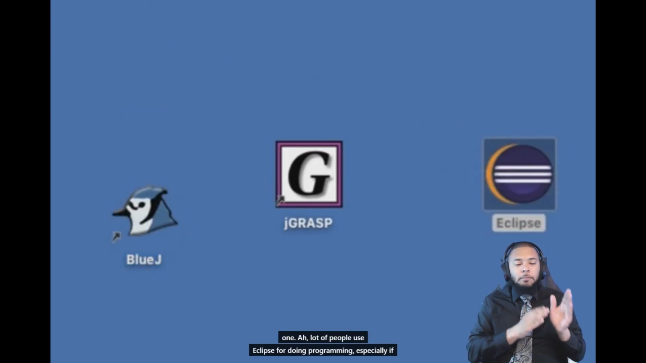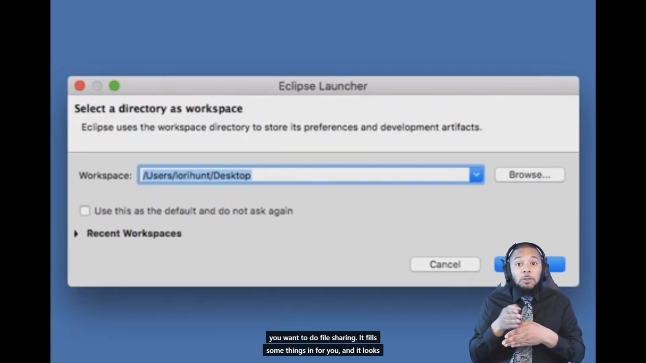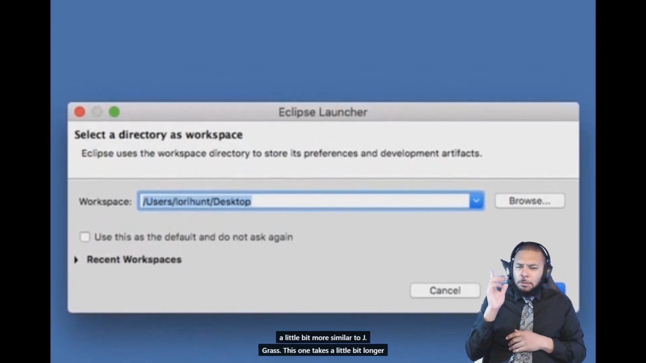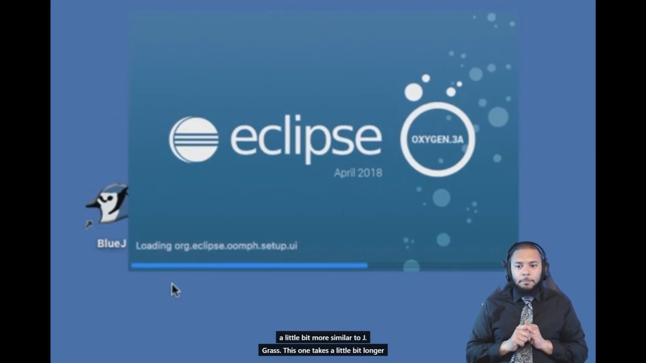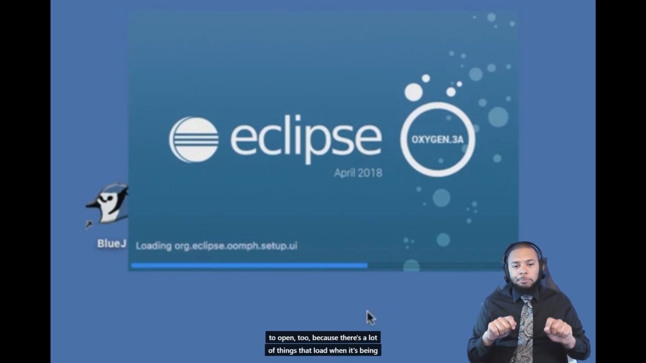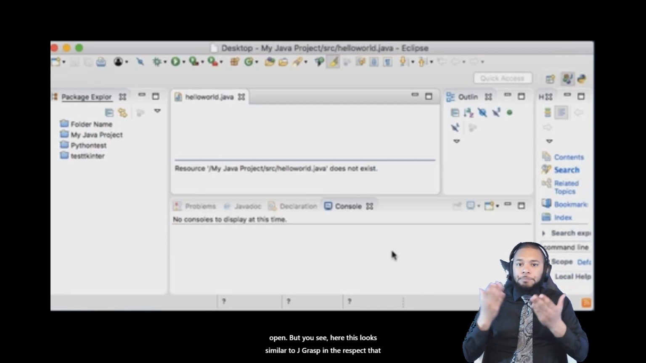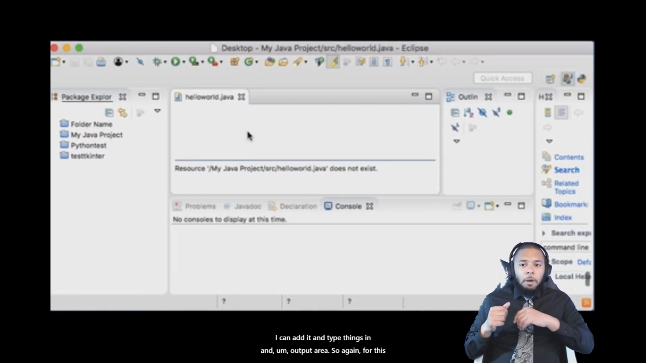Eclipse is another really popular one. A lot of people use Eclipse for doing programming, especially if you want to do file sharing. It fills some things in for you, and it looks a little bit more similar to JGrasp. This one takes a little bit longer to open too because there's a lot of things that load when it's being opened. But you see here, this looks similar to JGrasp in the respect that I have a file browser off to the left. I have an environment, an area that I can edit and type things in,